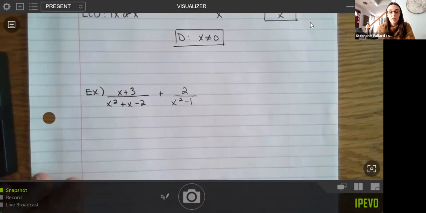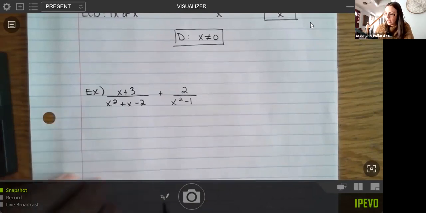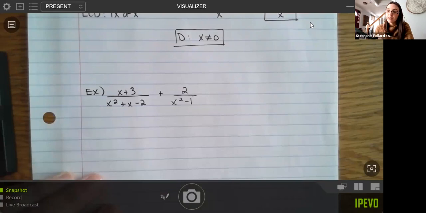So here we have a harder one. It is adding, and I do see my two denominators. Now, clearly these denominators are not the same, right? They look very different. What you want to do if you don't have clear factors here,